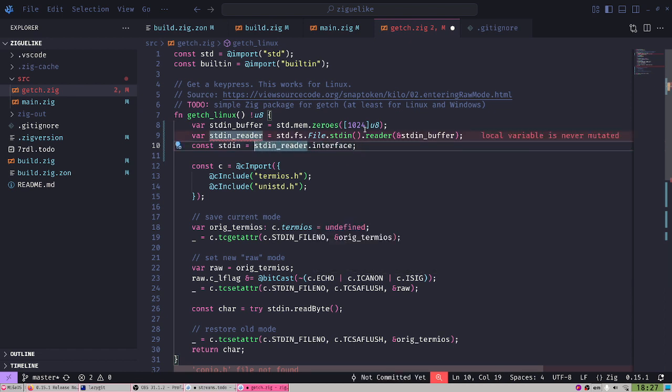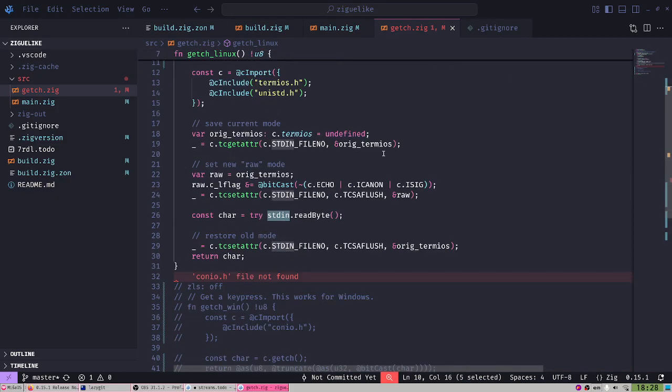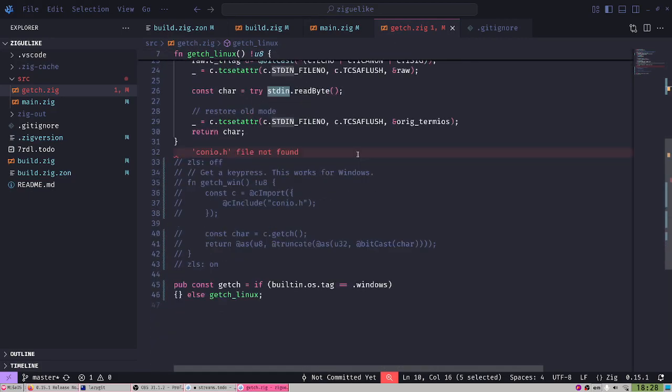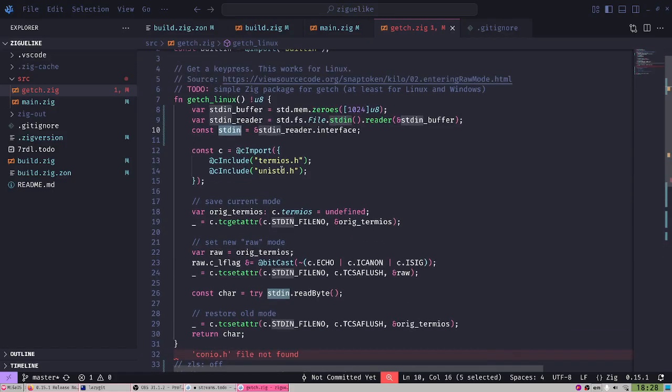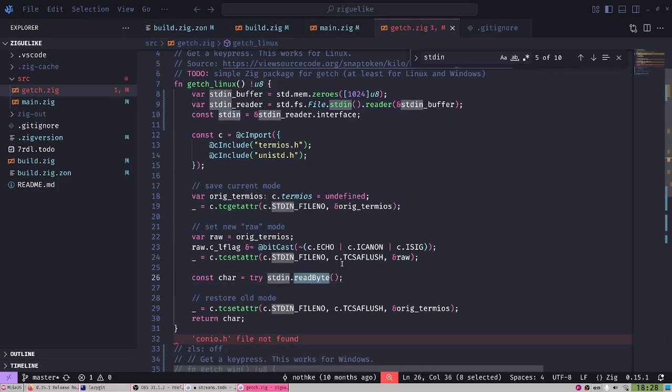And of course, let's not make a mistake. This needs to be a pointer. So now that should be it, right? ConioH file not found. It still has this error, although it was a long time ago. So that should be it, hopefully, right? And now stdin is used to read bytes. And yeah, we probably need to flush somewhere as well.